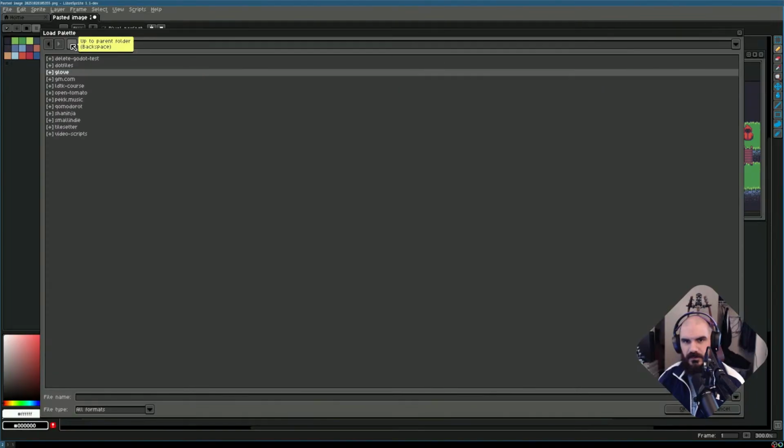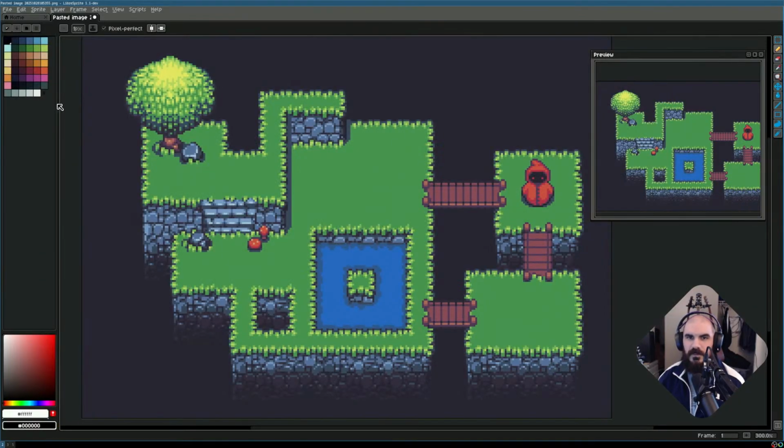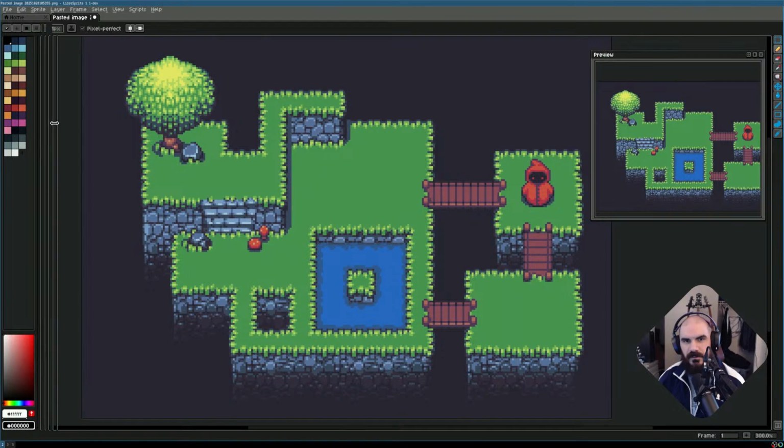Downloads. There it is. And trying to figure out how to get it to wrap right. Why does that not look right? On my other computer,